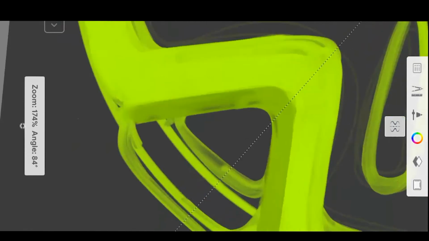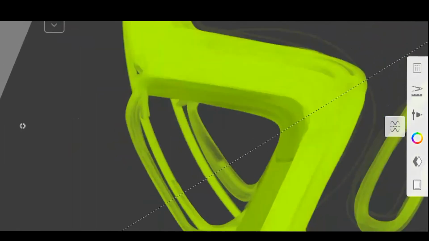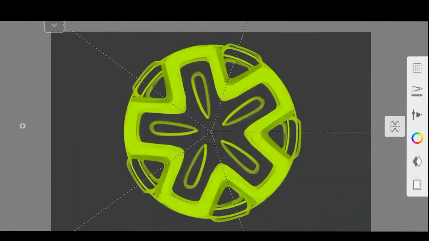So here in this case, light is coming from the top directly on the rim from the front.